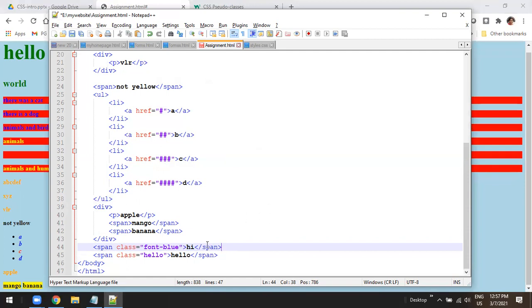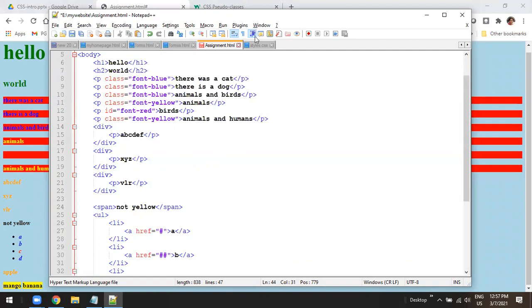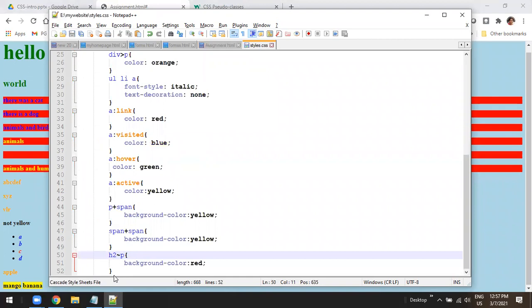But I want to change something of this span tag without changing the font blue class. Suppose I want this span to have font size 40px, but I don't want to change the font blue class. Also, I can't write span font size 50px. If I do that, it will change the font size of other spans also, isn't it? Understood? So in this case, I can do something like this: